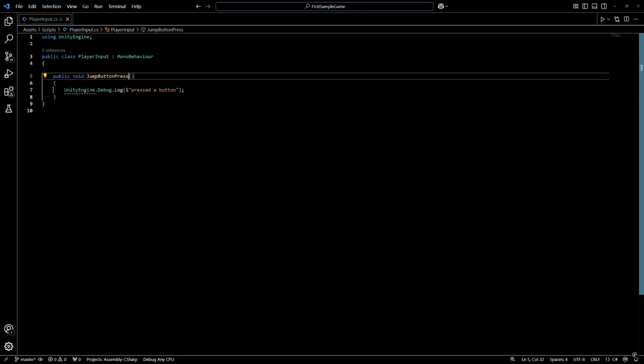I made a basic method which only displays text in the editor console window. It is just a default Unity log. The method's type is void on the left. Void means the method does not return any value. Return means that if it was called in another method, it could be of some type like a number and would be expected to give the calling method some number after finishing.